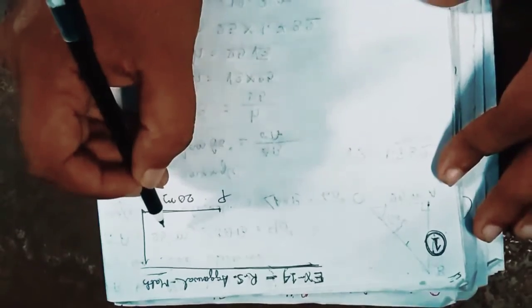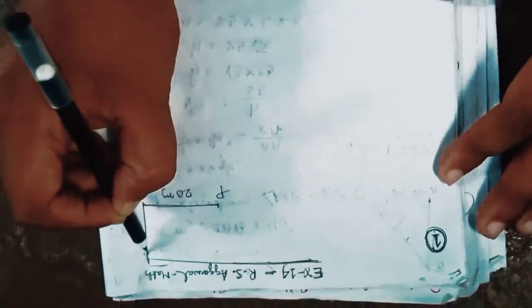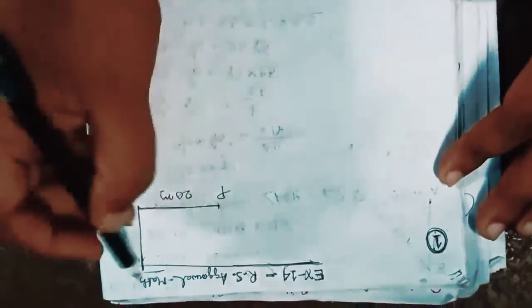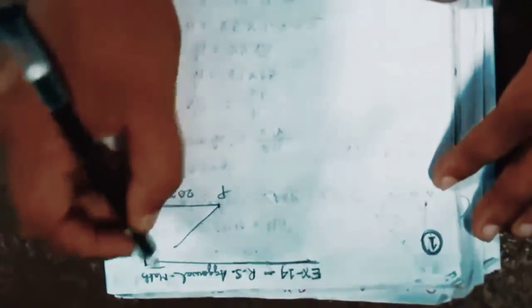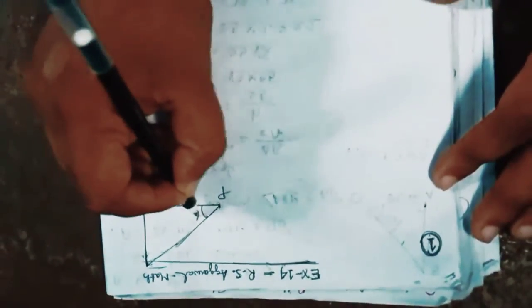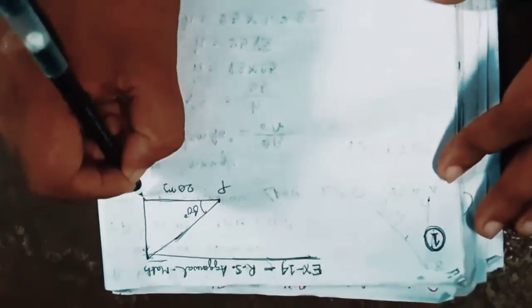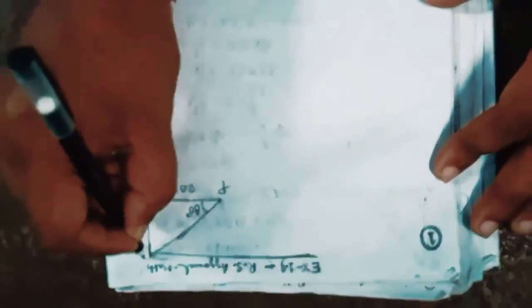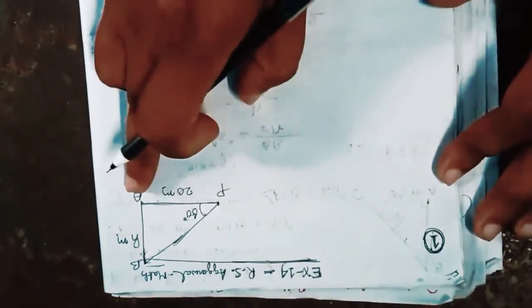Now the angle of elevation of its top is found to be 60 degrees. Actually this is not the correct picture. So this is the angle of elevation. If we draw, this is the angle of elevation. Here I am writing P, this is A, this is B, and the height of the tower we are taking as H meters. This is the height of the tower.